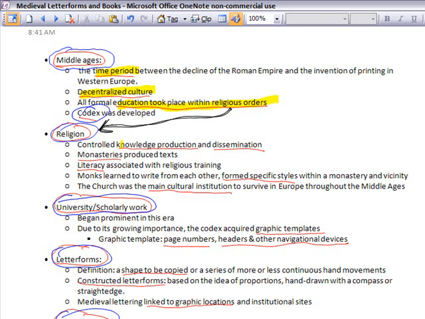So what's important to religion? Knowledge production and dissemination. In religion, the monasteries produce the texts. And actually, you'll see that the text is the codex. So there's a relationship between the text and the codex. Within religion, literacy was associated with religious